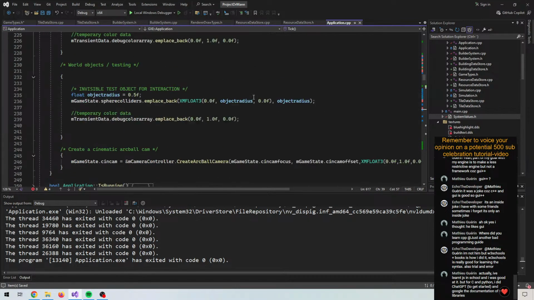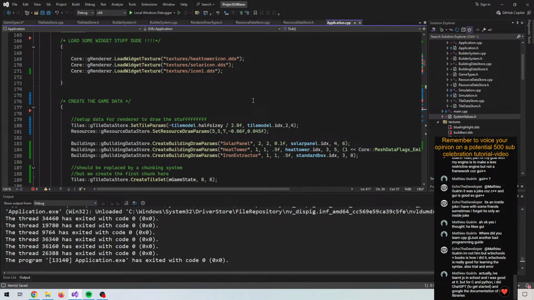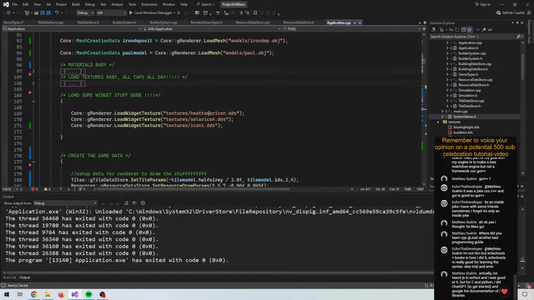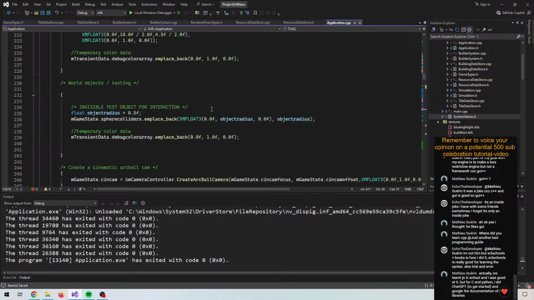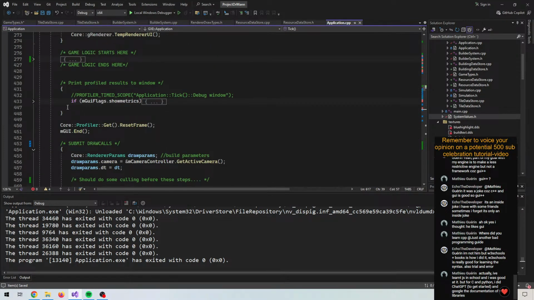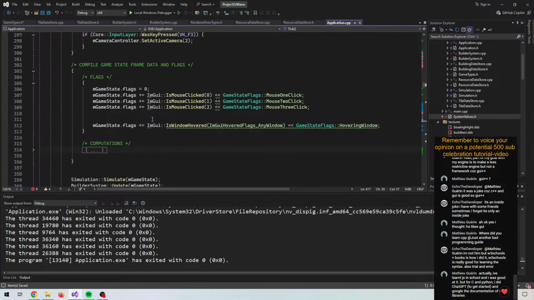Also, our application here could store our tile index, so we don't have to compute it all over. We're using it for a lot of frames in a lot of different systems. So when we compile our game frame data here,